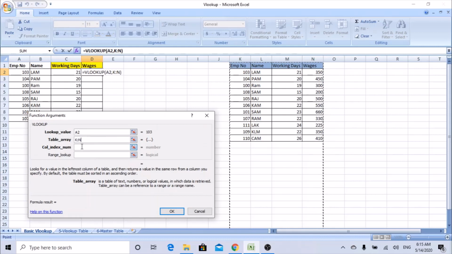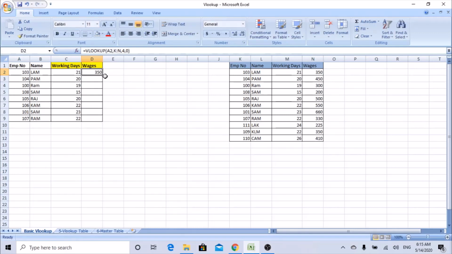When you select the entire column here, there is no need to freeze the cells because the range will take anywhere in this K column to N column. I know the fourth column is the wages: 1, 2, 3 and fourth column. Range lookup you should always put 0 because you need to get the exact value. Either you can put 0 or you can put false, because as you can see here it says true is for omitted, find the exact match is equal to false. So we need to find the exact match, so you can use the 0 here.